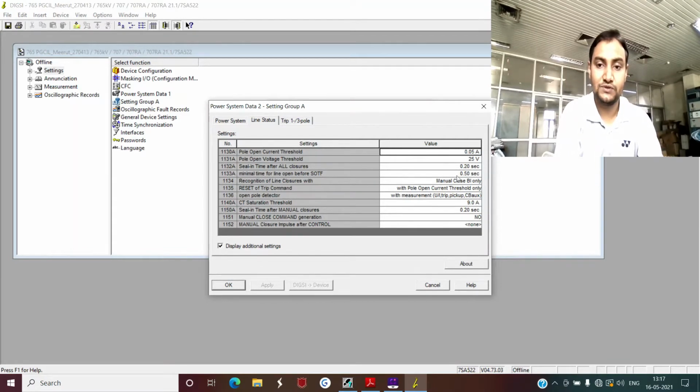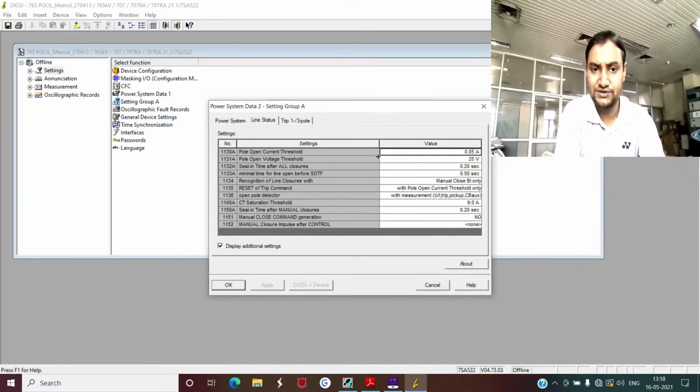That means now if you see here 0.05 and 25, the meaning of this is that suppose your line is connected from both ends, power flow is going on from one end to the other end, and at some particular point of time your voltage or current, basically current, suppose you are using only a current logic, and your current reduces from 150 to suppose 140 ampere, and then in the very next sample this current again rises from 140 to 160 ampere.